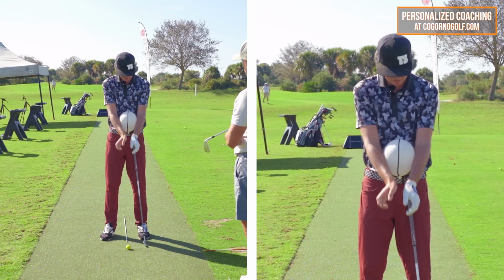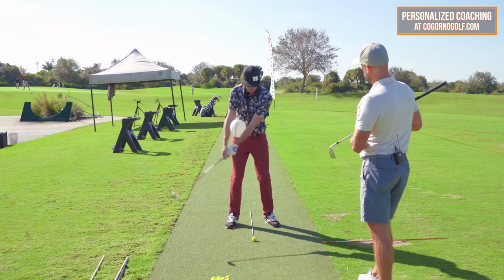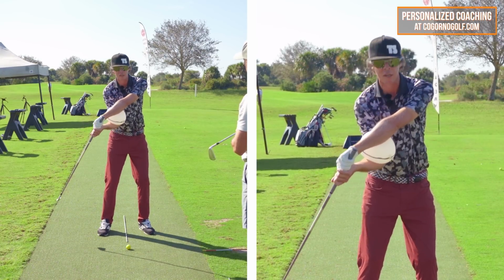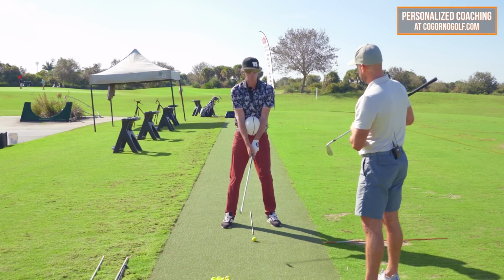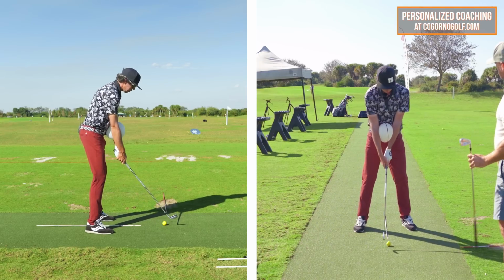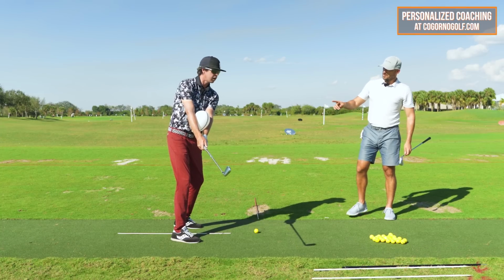So like if I put this in here, if I go firstly with my arms, these are not moving the same direction anymore. Or if I move my arms way before my body, there's no relationship now between this line on the balloon and what my arms are. So when we move in what we refer to as a one-piece takeaway, where the body is moving and the arms are moving with it, this balloon is still in the same line as my spine right here and my